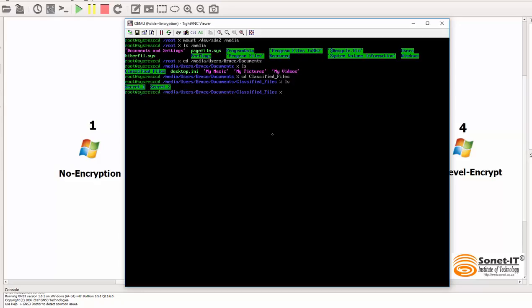In the previous demonstration, when I demonstrated how to do encryption, the folder secret 1 was encrypted, but the folder secret 2 was not encrypted. So if I try to access secret 1, theoretically I should not have access because it's encrypted. And if I try to access secret folder number 2, I should have access because it was not encrypted. So let's find out. So that will be cd secret 1,